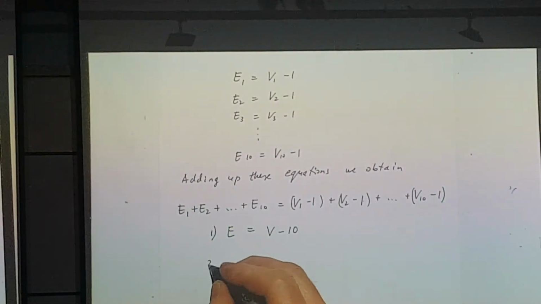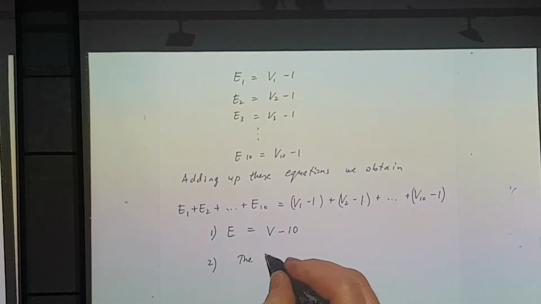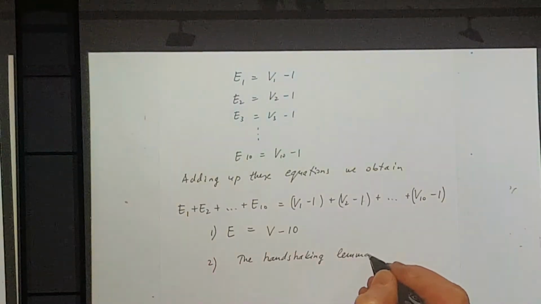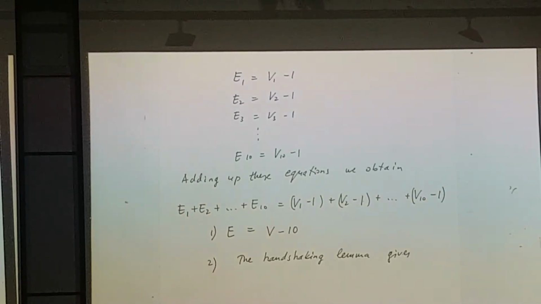The handshaking lemma will be my second equation. Handshaking lemma gives, on one side, the sum of degrees of all vertices. So let's start summing them up. I have 5 vertices of degree 10, so this will contribute 5 times 10 on the left hand side, plus 8 vertices of degree 7, that will contribute 8 times 7, plus 10 vertices of degree 3, 10 times 3,